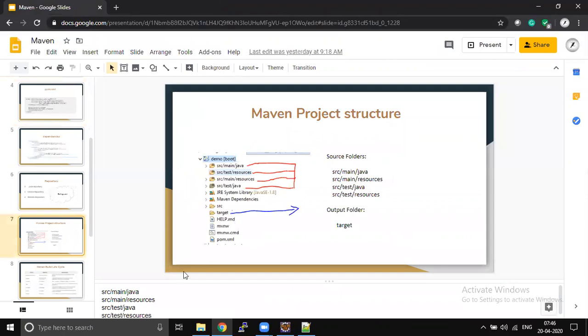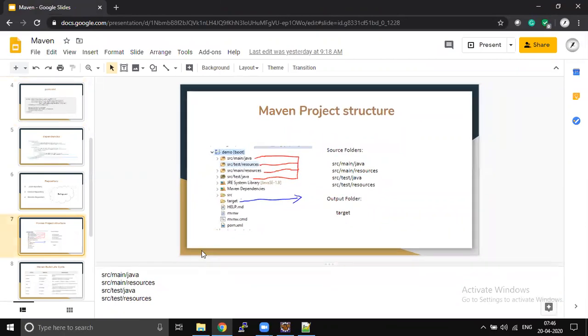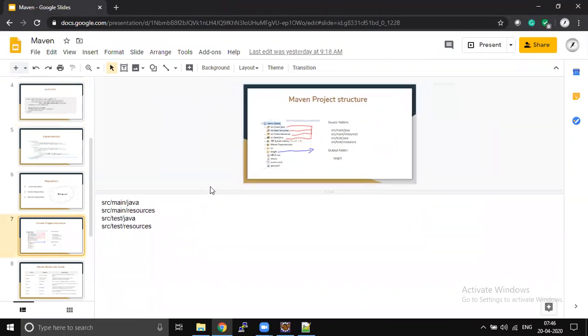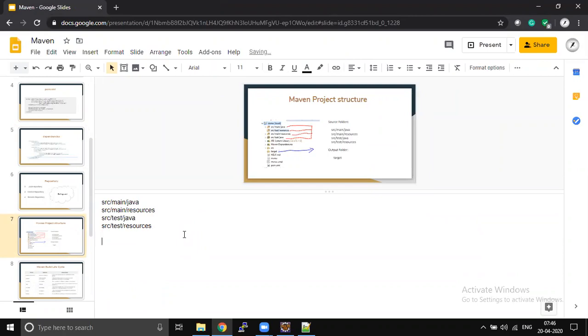So today we're going to learn which folders we need to focus on whenever we are working with a Maven project. Whenever you create a Maven project, yesterday we talked about the archetype. The archetype is going to decide what type of application we are going to create.